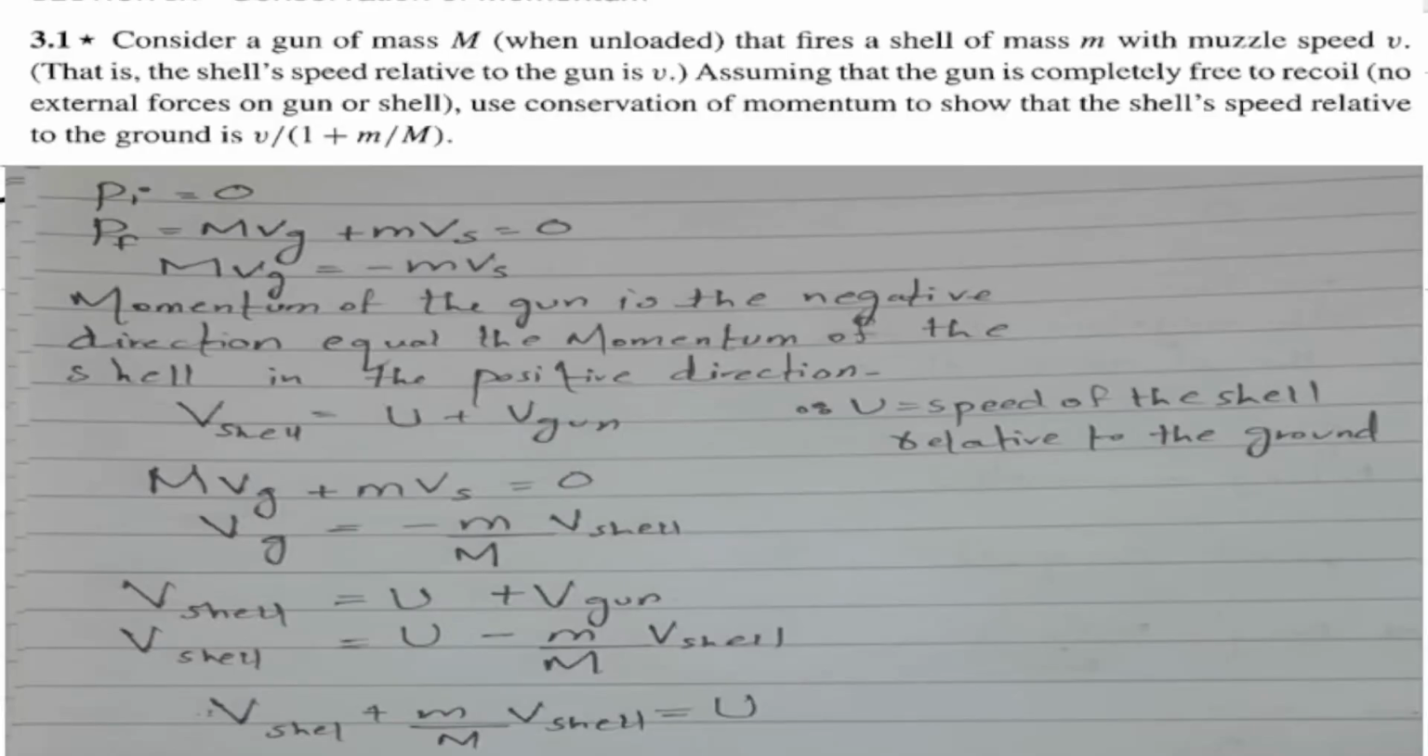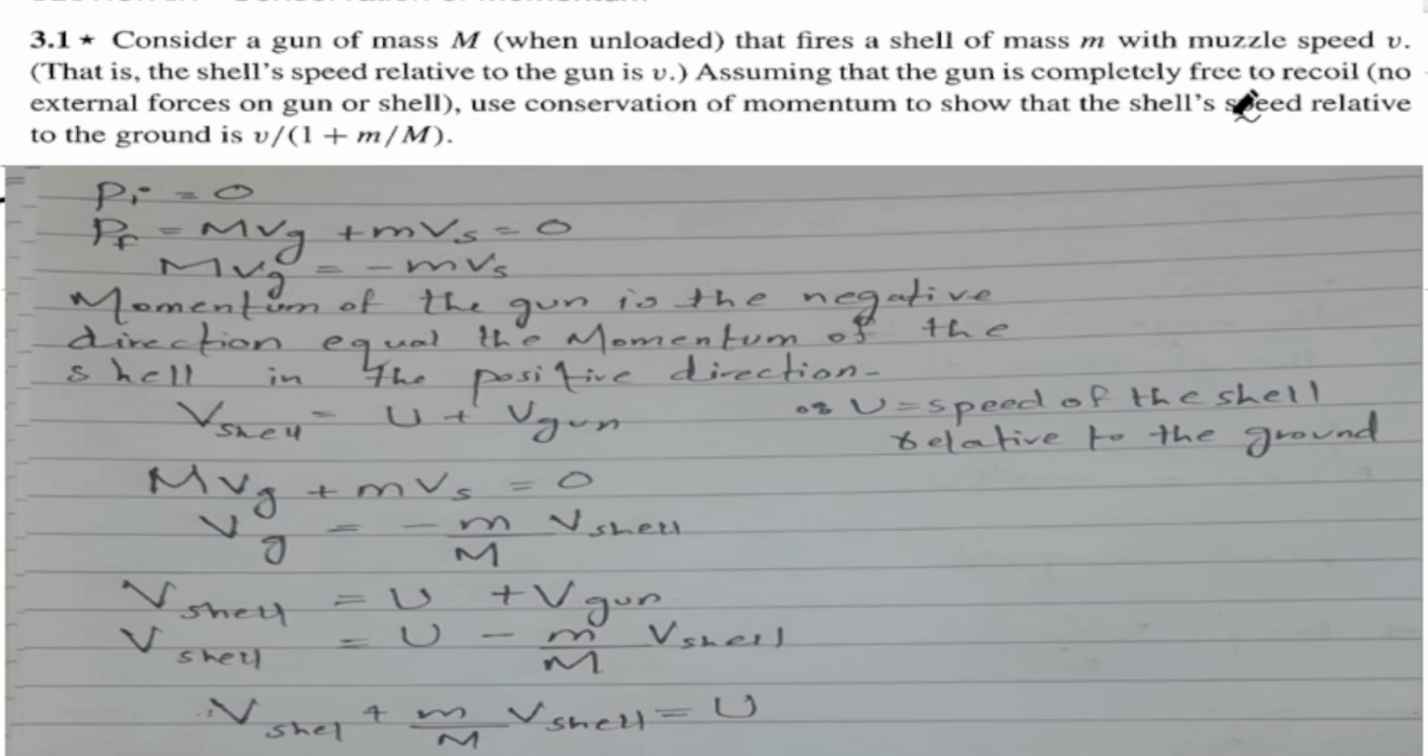Okay, let's start numerical 3.1 of chapter conservation of momentum. So you can see, consider a gun of mass M that fires a shell of mass m with speed v. That's the shell speed related to the gun. Assuming that the gun is completely free to recoil, this means that there is no external force on gun or